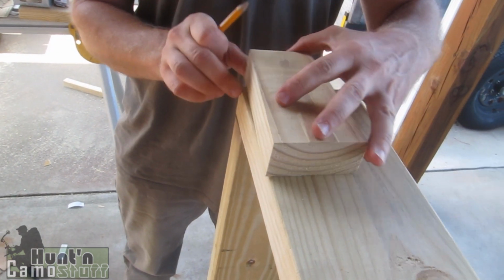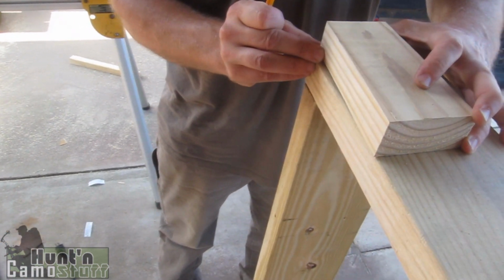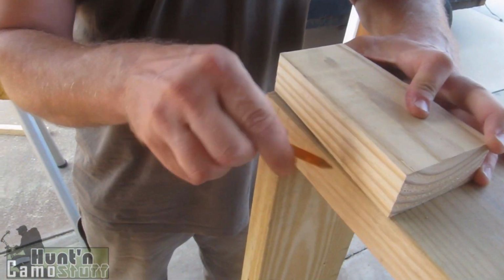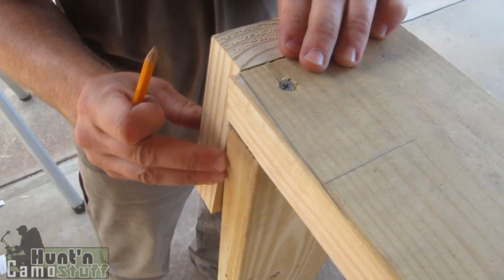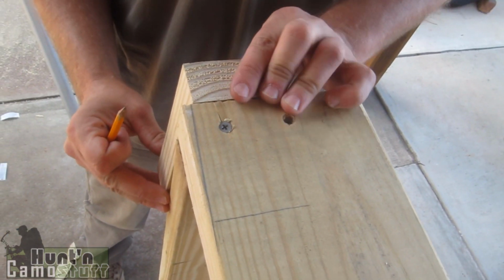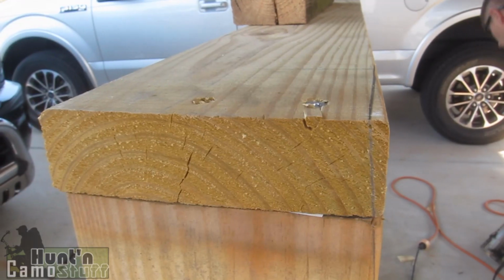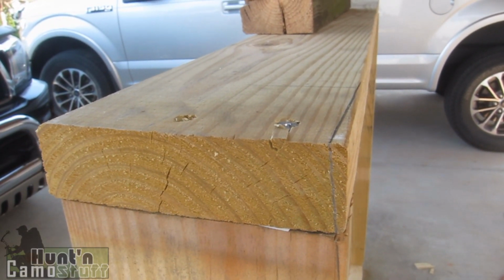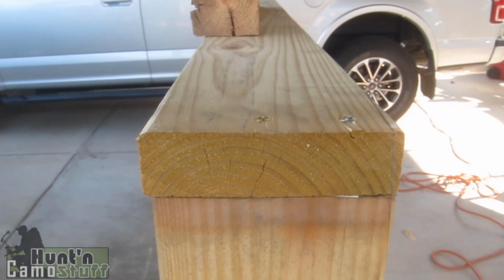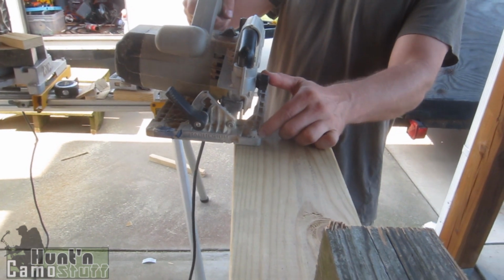You can see the mark that's there on that band joist, and then that's the 5 degrees that I'm going to be marking on this outer joist, so I can use it as a cut line. And it's 5 degrees. You can see that little triangle that's going to be cut off. There's a better view of it. I'll be setting my circular saw at 5-degree pitch, which you can see right there. There's the 5-degree pitch, and cutting it